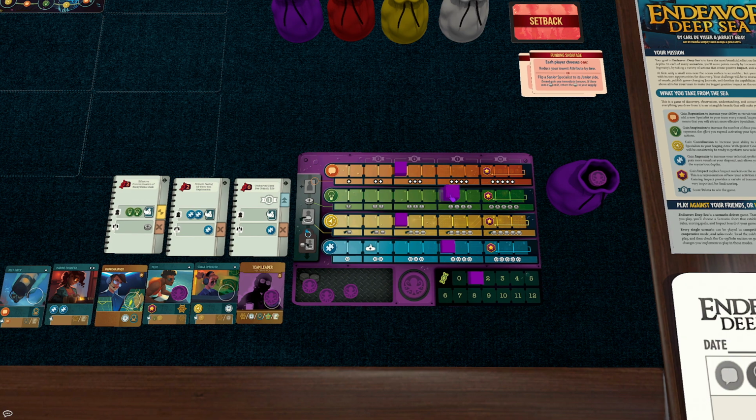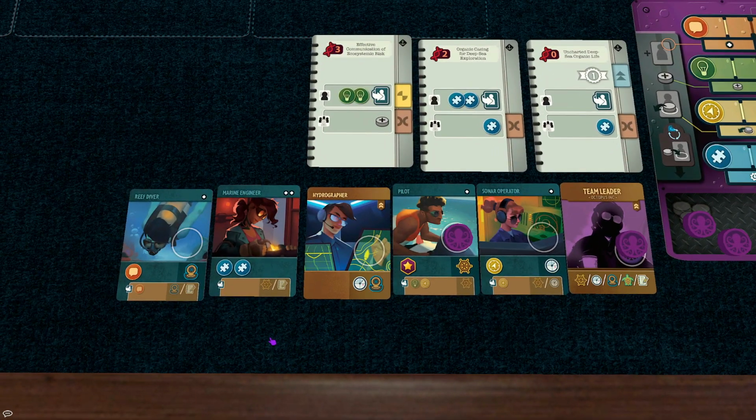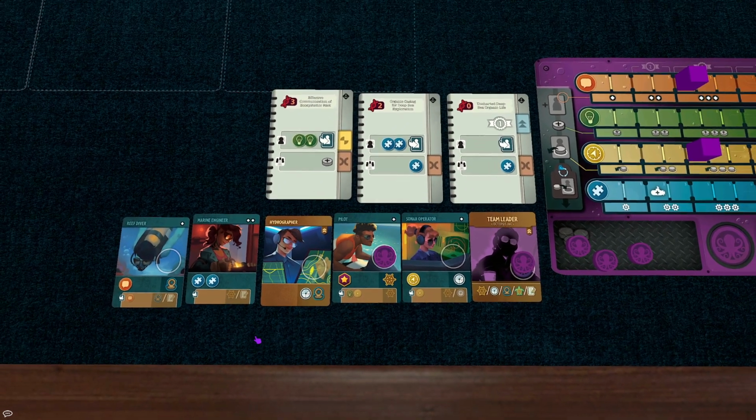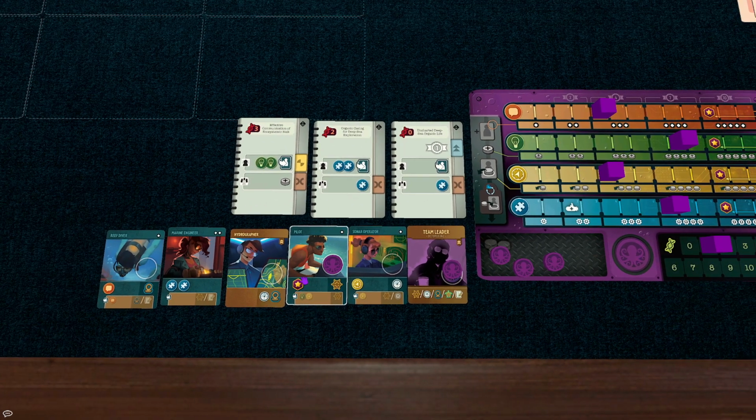It's 2 green and flip somebody over. Want to flip here. No, we could do the reef diver. Oh no, we wanted to flip the pilot in, just to get those bumps again. How many tokens we got? If we do the sonar operator, that's going to spend 2. And then we maybe have enough